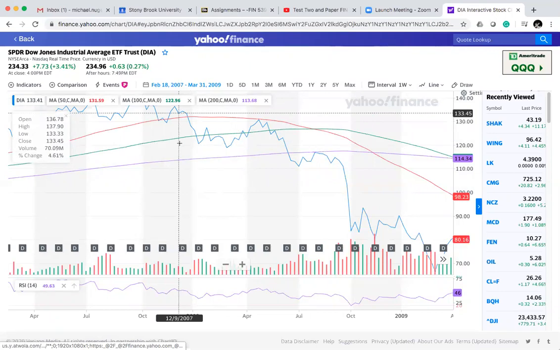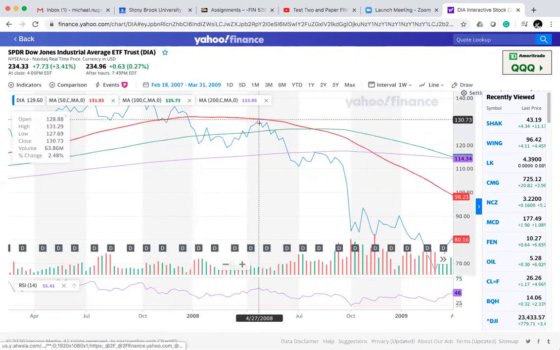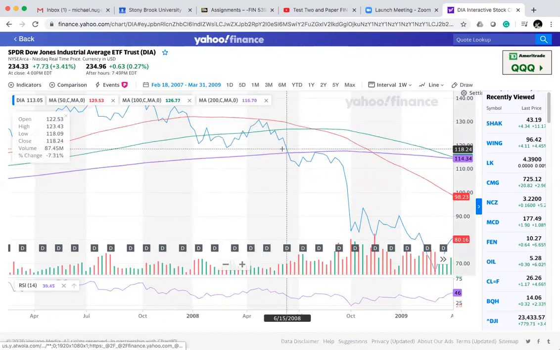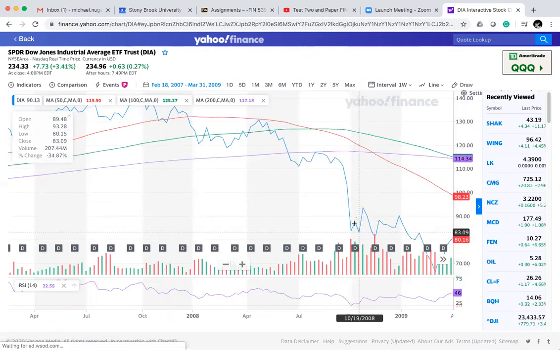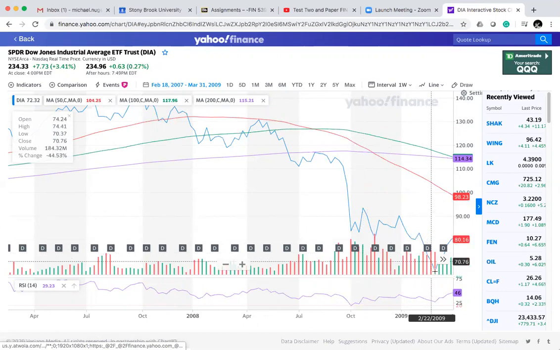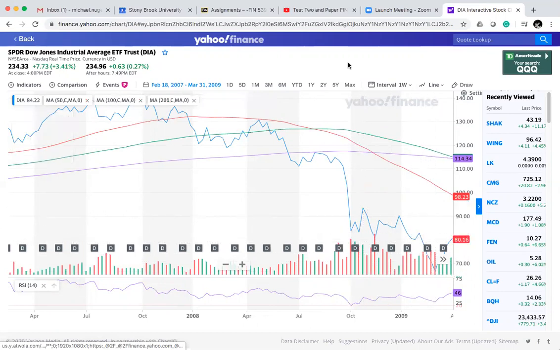You can see the same thing here in the Dow. The market pulled down, back up, and then once it crosses all three moving averages, then it really tanked. But even then, there's points where it pops up a bit and still continues to go lower. So you generally just don't have one direction. You're going to have a few of these hiccups.